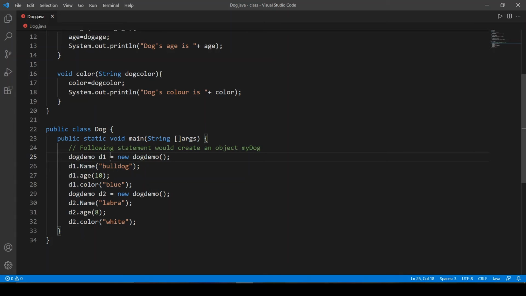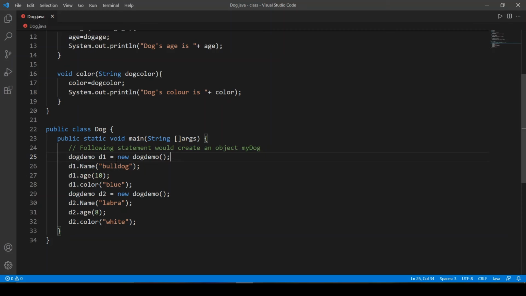In our case we have named it d1 equal to new, which is a keyword to make a new object, and after that we have written the DogDemo function. So this is basically the syntax to make a new object in Java. And after making an object, you are able to call the methods of that particular class.